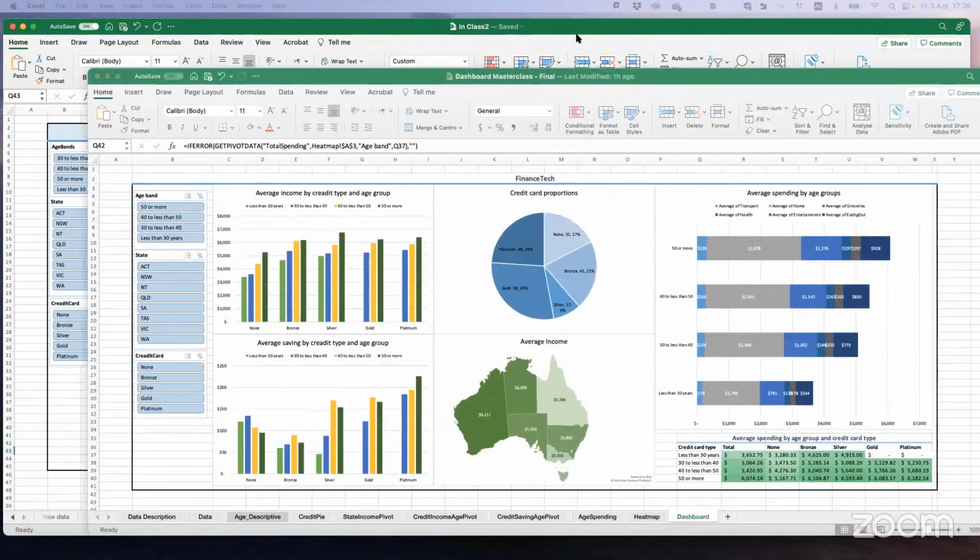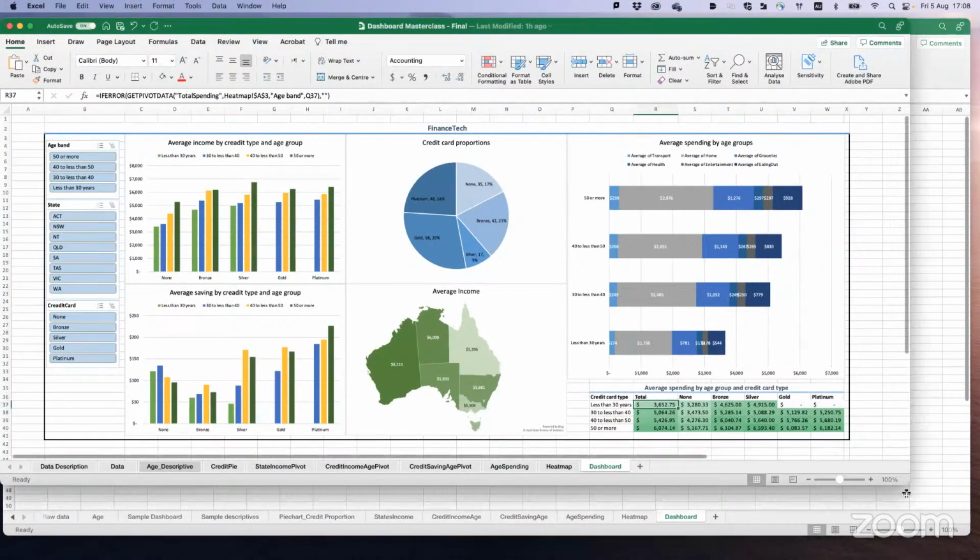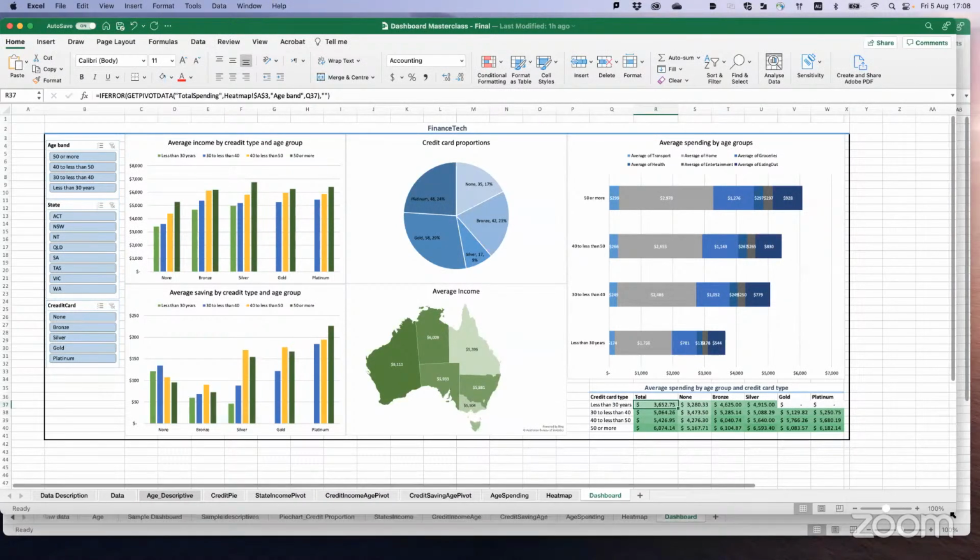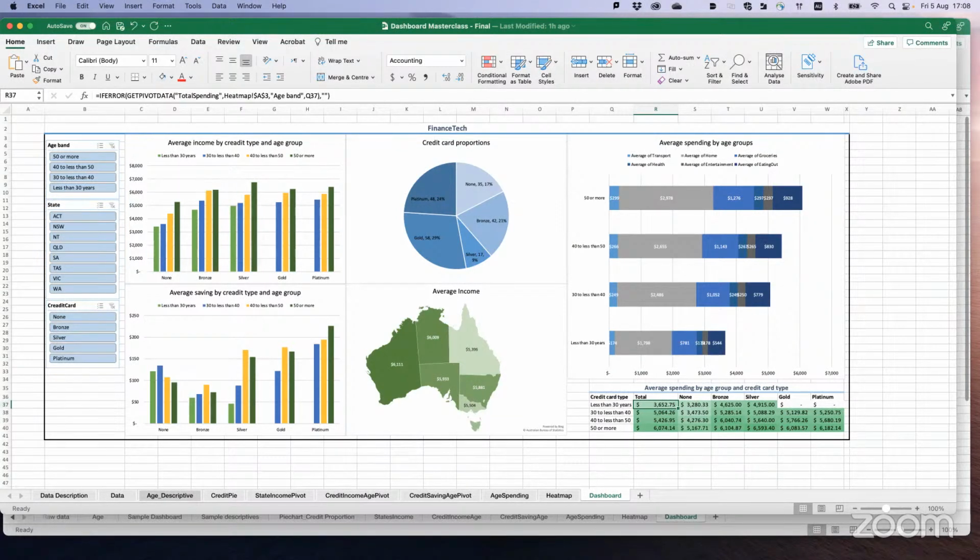So I have created this one for you. I just made it a bit cleaner. This is the one that I was practicing last night. So those buttons work because we copied the original pivot table. That's a very good point.